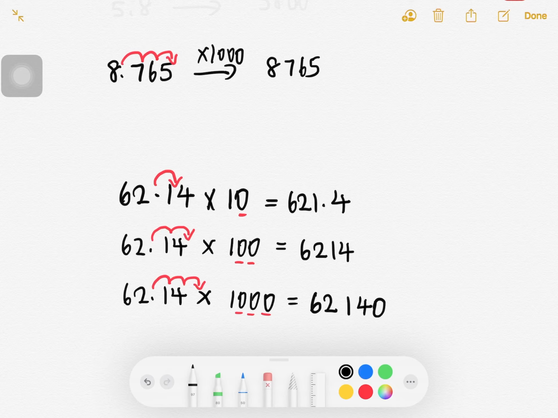I will get 62,140. So remember, when the decimal point reaches the last digit and there's no more place value there, you have to add a 0 for the missing place value there. And that's all I have to